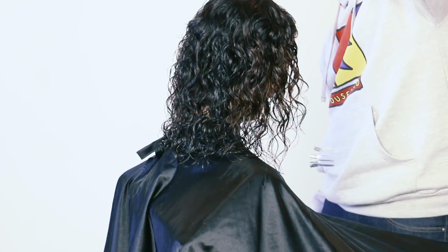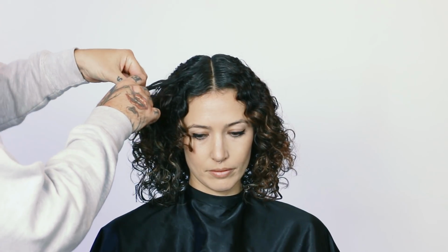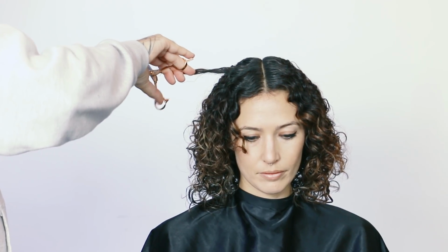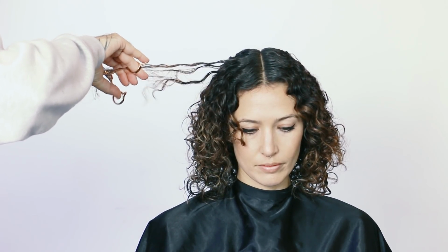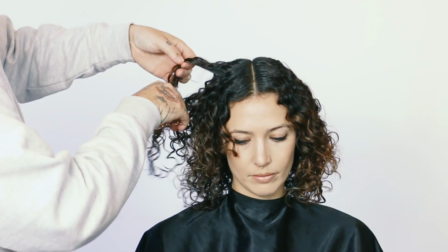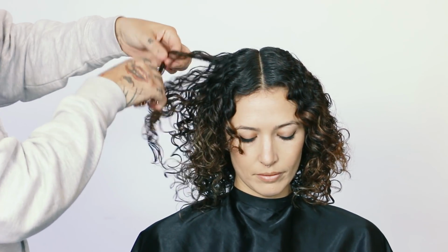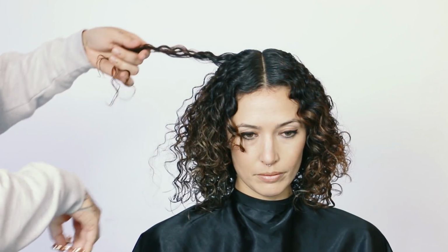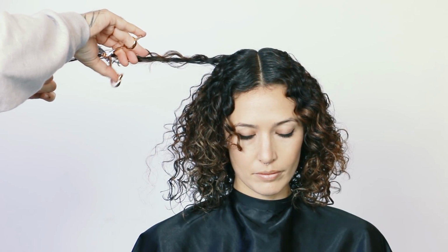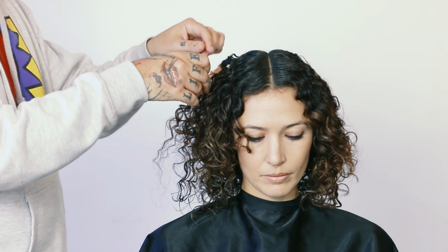Just checking the shape. So after it dried, now I'm just going through and picking up the sections and slide cutting out. So I'm just adding the layering through the top here visually. So instead of going through and taking sections, I really just want to pick and choose the spots that I want to kind of have a little bit of different length to them. So not stretching the hair out too much, just picking the hair up a little bit at a time